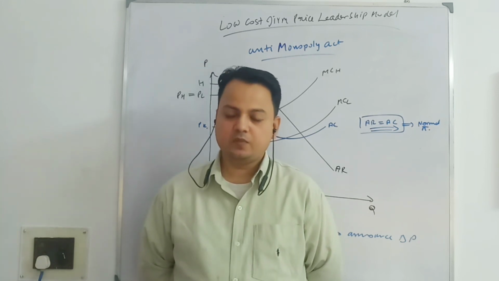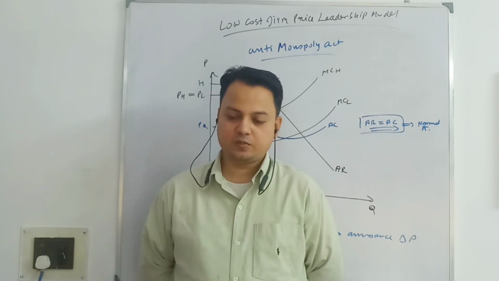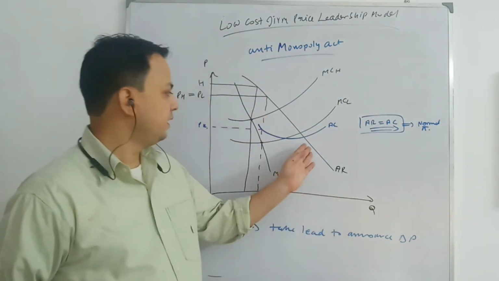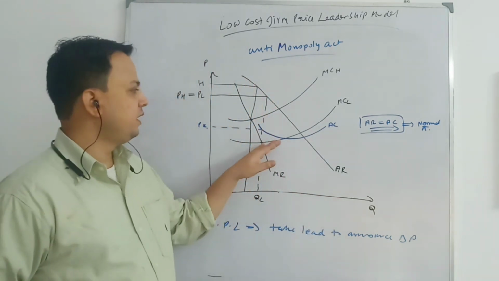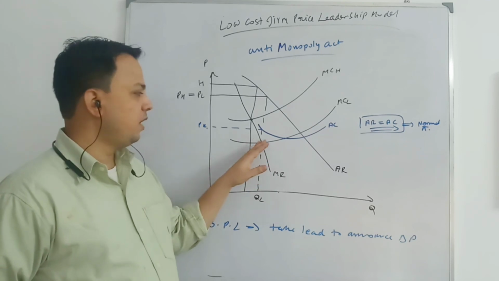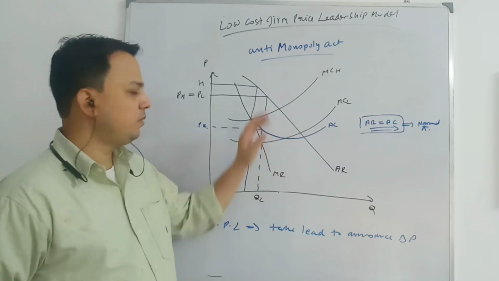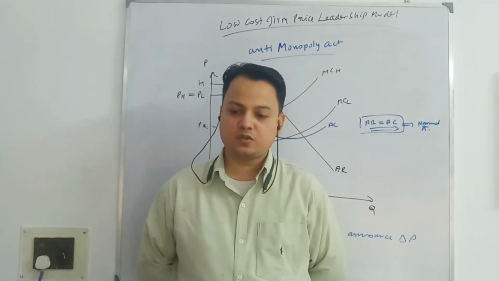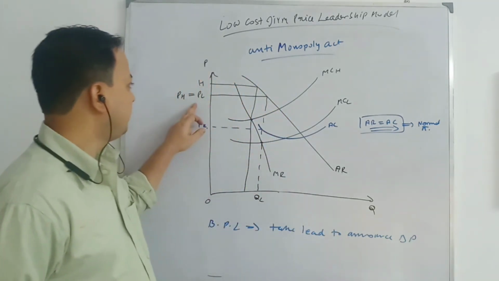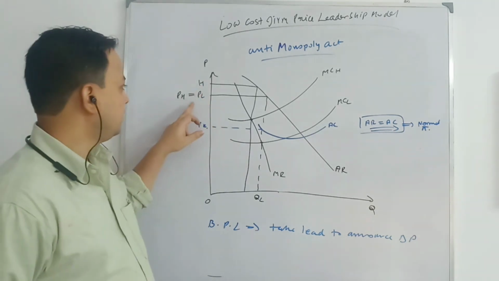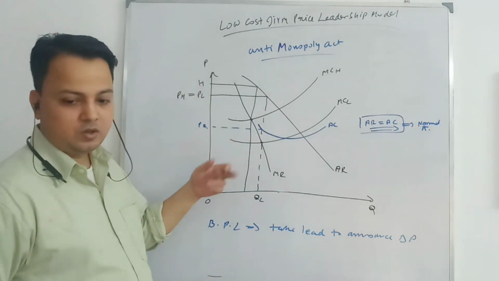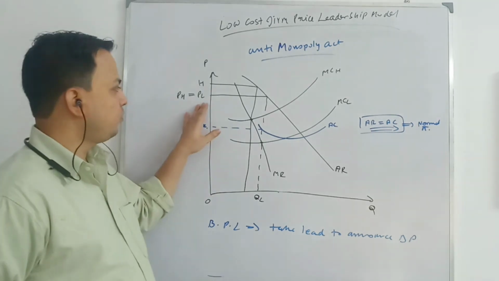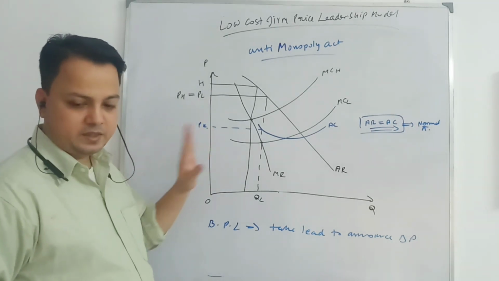Then we look at the low cost firm, where we have taken two firms. Both are producing an identical product and they have identical revenue curves. The only thing that differs is their cost curve. One firm has economies of scale and lower cost, the other firm has higher cost. So what we see is that the high cost firm has to follow the price charged by the low cost firm, otherwise no one will buy their product. Ultimately it will be charging a non-profit maximizing price, but the low cost firm will be charging the profit maximizing price.